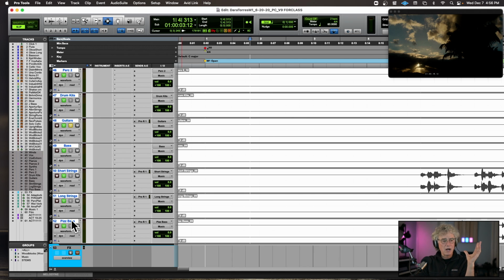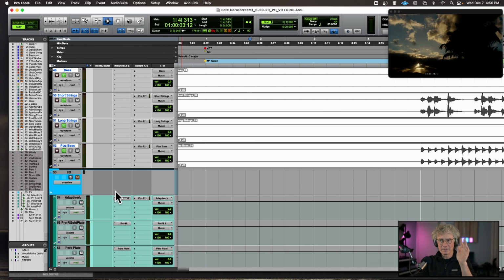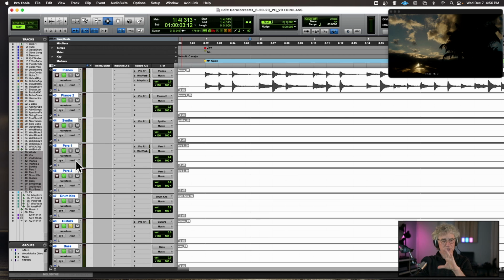Or when I get an entire act, I set it up so that I import every one of these stem sessions into the master session for the act, so that the first cue will be at the beginning, the second cue will go next, and then I checkerboard, or I just stack the tracks. There are like 12 stems here for Cue 1, and then for Cue 2 the 12 stems are here, and there are markers for where each cue is supposed to start for the mix engineer. So he's got my stems for each cue on one act, and each cue has about 12. Sometimes I can get it down to 8, 10 stems.